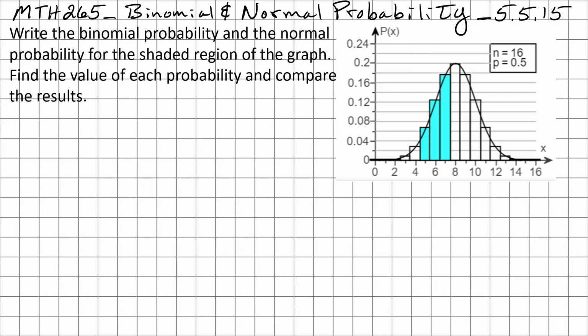So we want to look at the graph over here, and it's important to note that we're given the fact that n is 16 and p is 0.5, and this blue shaded region is going to have a midpoint at 5, a midpoint at 6, and then a midpoint at 7, and that's what we're going to use when we start calculating the binomial probability. So, remembering that x is equal to 5, x is equal to 6, and x is equal to 7 are the midpoints of the rectangles,